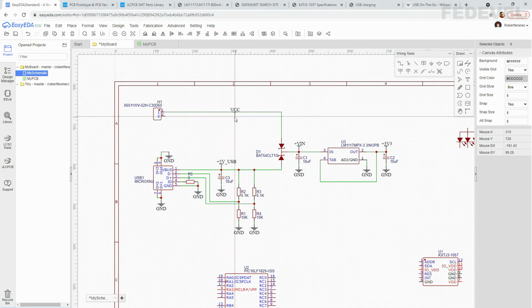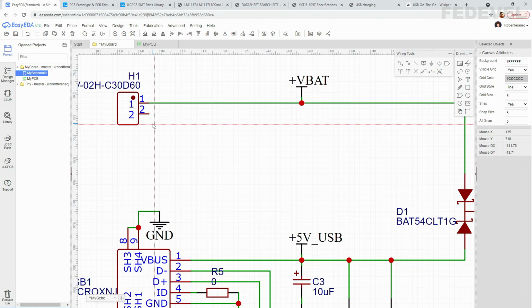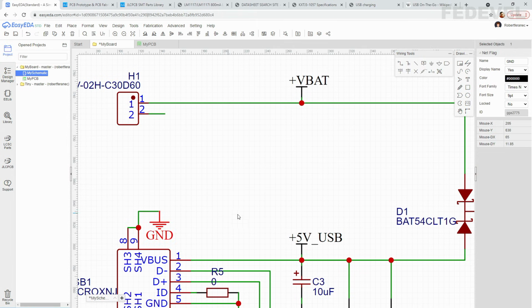I'm going to name this net, so when we will be doing layout, we know this is an important power net. I'm going to call it plus VBAT. Enter. I'm going to connect it. Okay, and we can also connect a ground symbol here, maybe like this. Escape, Control C, Control V.